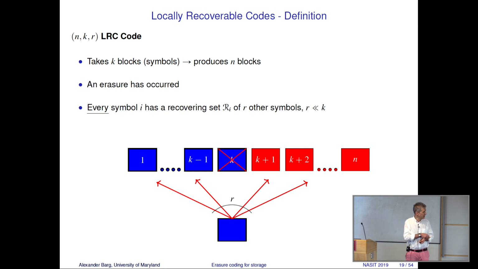So this is the new node that we are trying to recreate. It looks at R symbols in the encoding and recovers its value, if that functionality is provided. Our first goal is to see how to provide that functionality. Well, every code has locality K, trivially. You should try to think why that is true. Why is it possible to always recover one erasure from looking at K symbols in the encoding? It's not 100% obvious, but it's not that far from that. So think why this is true.